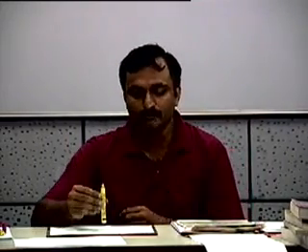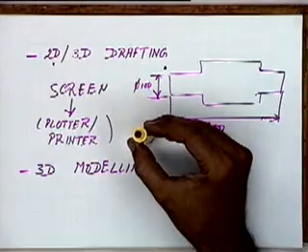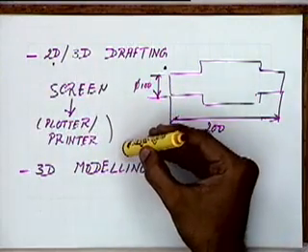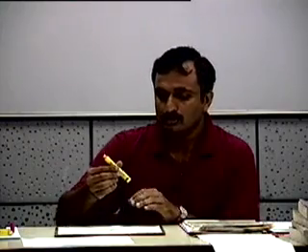I can take views from any angle. If you are taking a front view, you can take a front view like this. If you want to take a top view, you can take a top view. If you want to take an isometric, that is a view at roughly this angle, something like this, you can also get an isometric view. If you want to take sections, you can take sections. So you represent it as a 3D model and then take different sections, get the different views and then dimension them accordingly. So this is what we mean by 3D modeling.